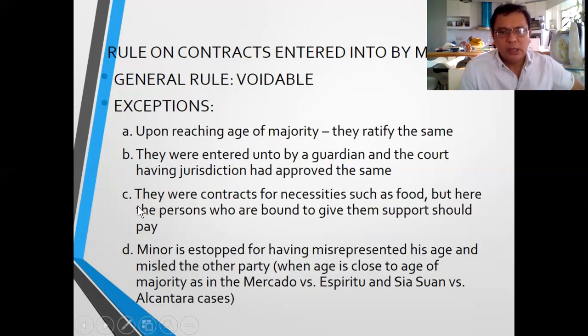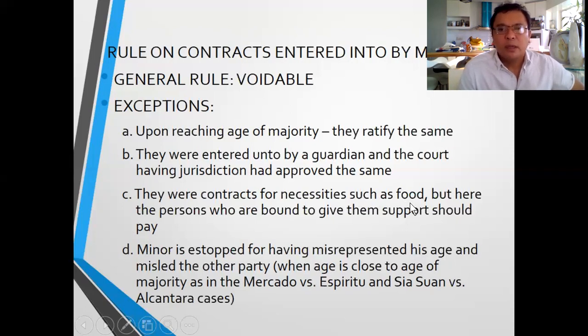Number three, the contract was made for necessities such as food, where a person is bound to give them support, should pay. Okay. Now, necessities do not mean only food. There are several necessities. These are food, shelter, clothing,